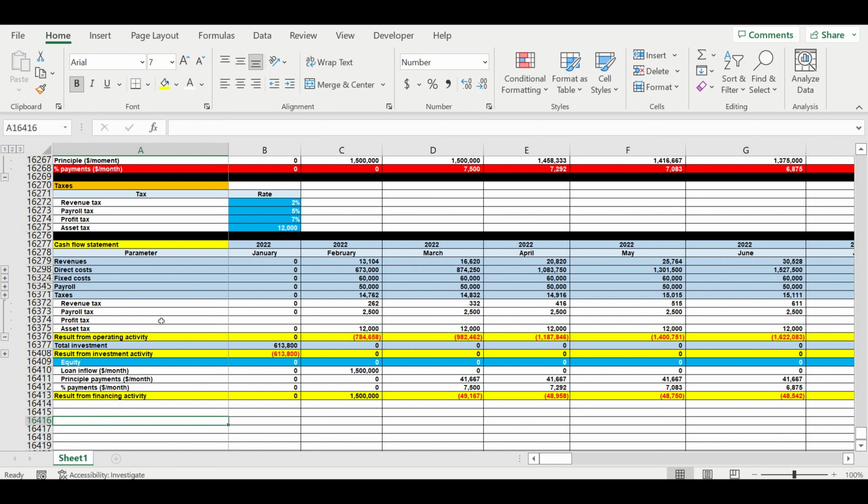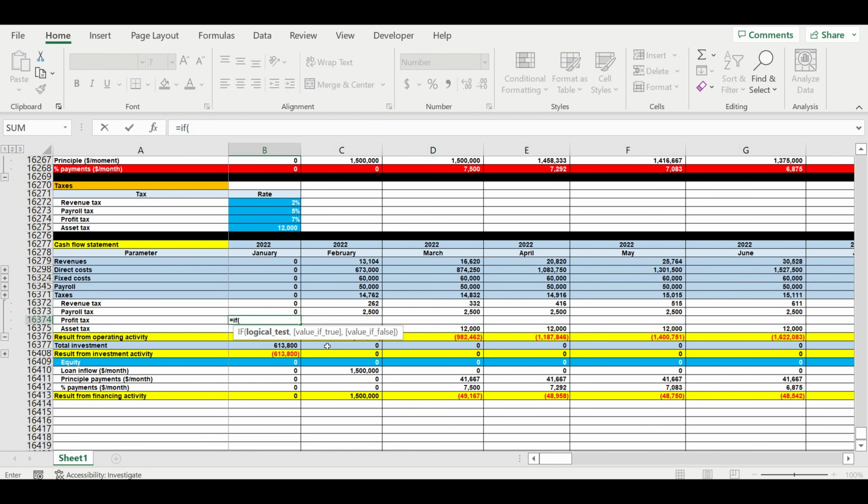Then we are ready to calculate the profit tax. The formula for profit tax will be: if the base for profit is positive, then we will pay the tax. If not, we won't pay the tax. So the formula will be: if revenue minus direct costs minus fixed costs minus payroll minus revenue tax minus payroll tax minus asset tax minus principal payments minus interest payments is positive,